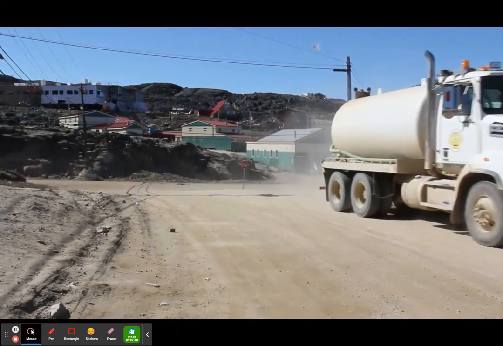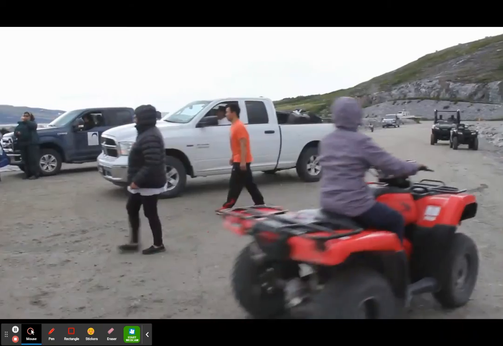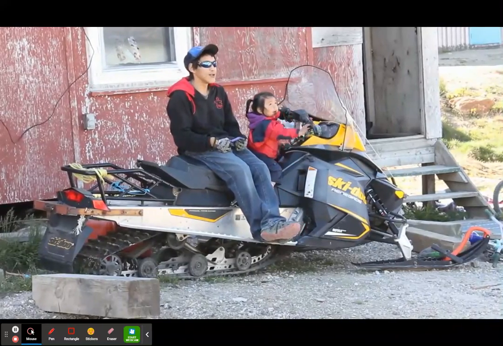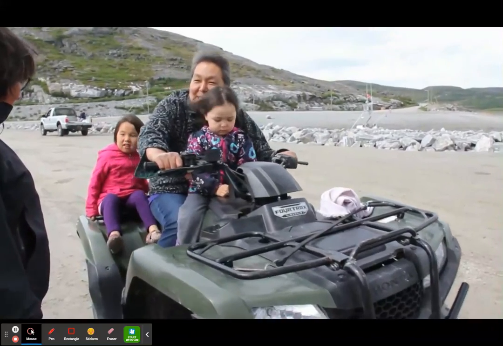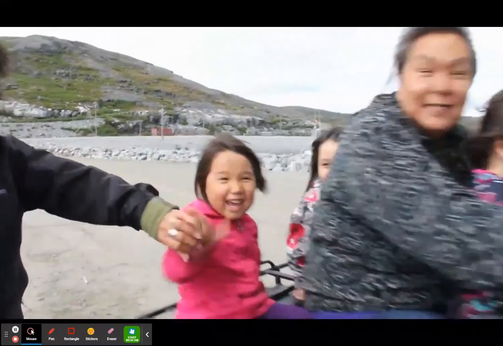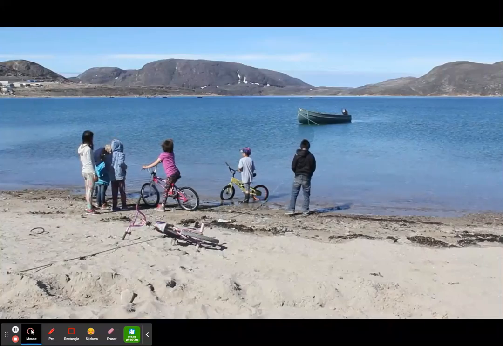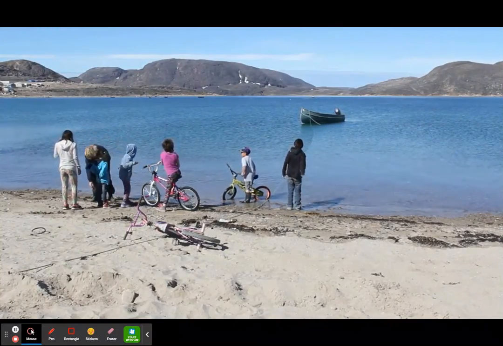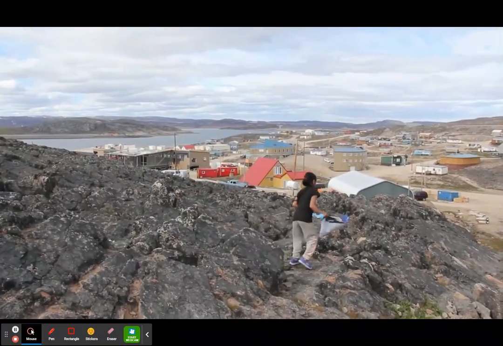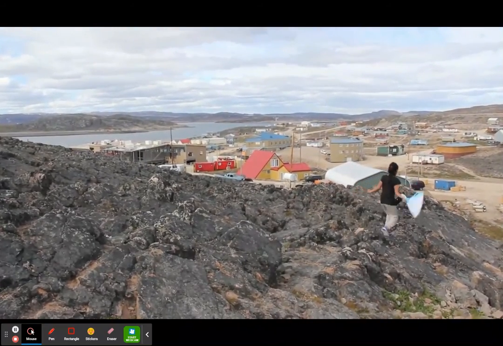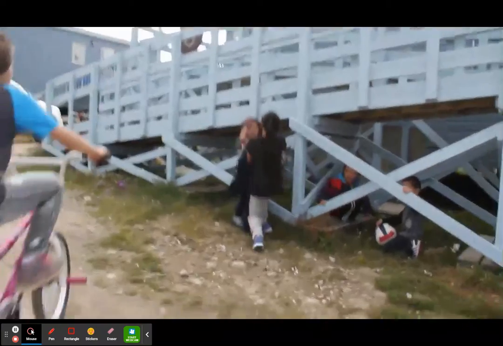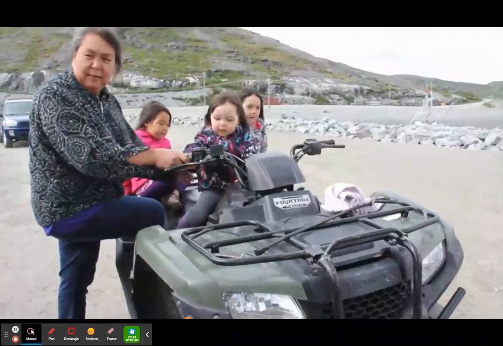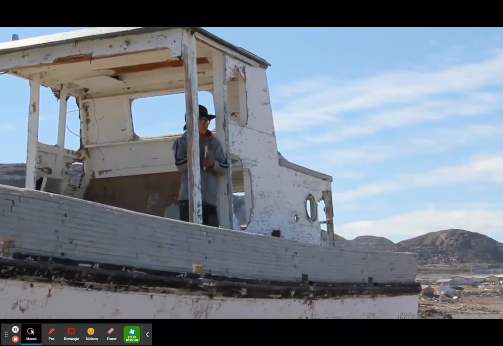And all year round, we have trucks and cars that drive around. In the wintertime, it's snowmobile, and in the summertime, it's ATV, so an all-terrain vehicle. The springs, that is when the sun starts coming out more and where you start getting 24-hour sunlight. There can be kids playing around outside all hours of the day. So they could be playing out at 9 in the morning or 9 in the evening, 1 in the afternoon, or 1 in the morning.